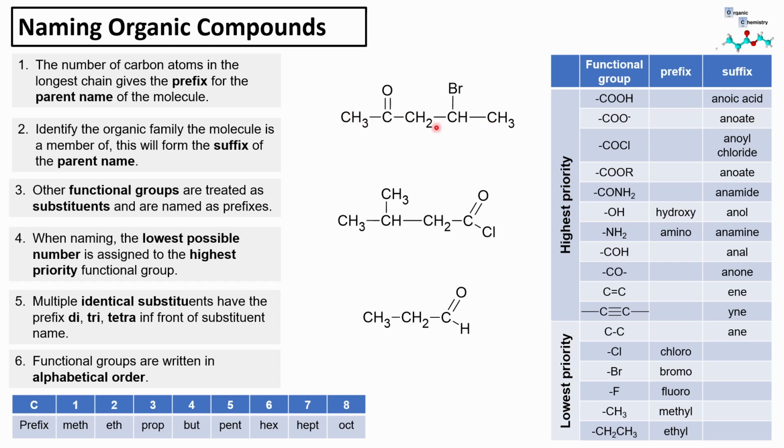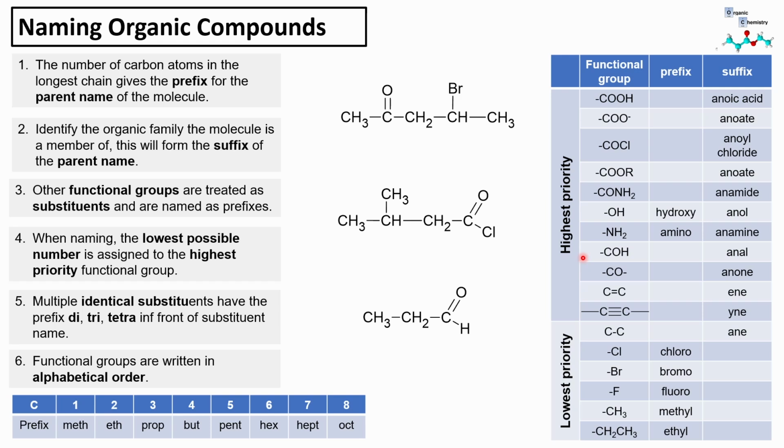or the longest chain of carbons that has the functional group that's most important in it. That's going to give us our parent name. Then we want to look at the longest chain and see what the functional group in the longest chain is, because it might change the suffix on the parent name, and we'll go over that in a second. Once we've done that, we're looking for 3, what are the other functional groups that we need to name by